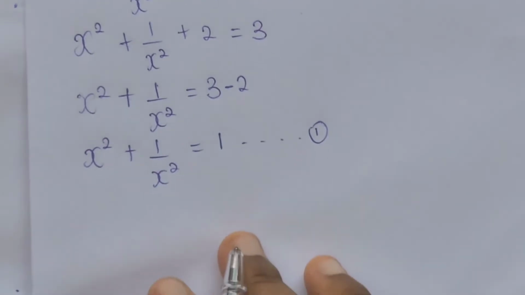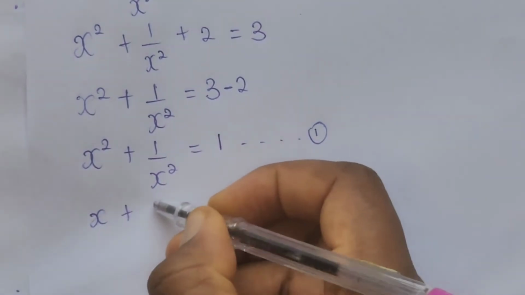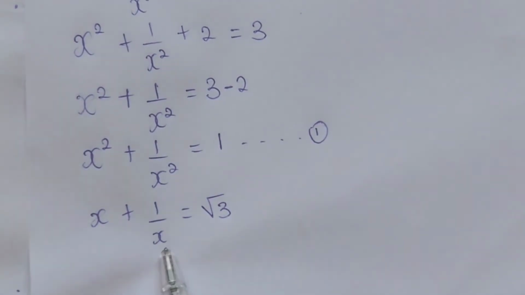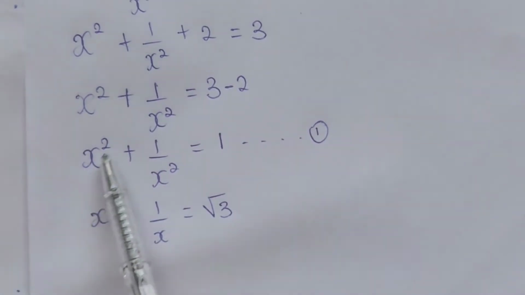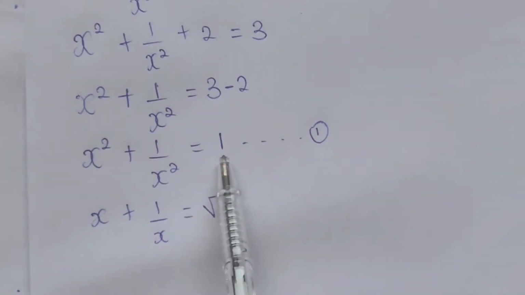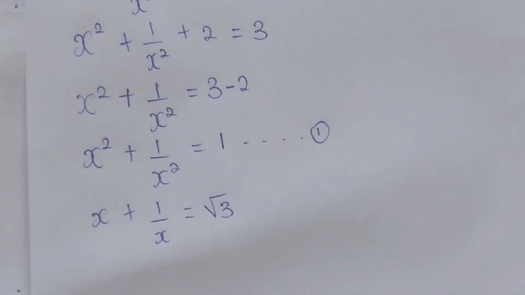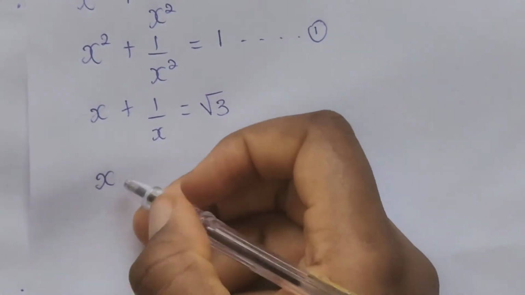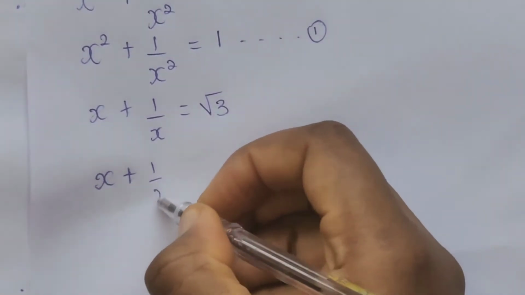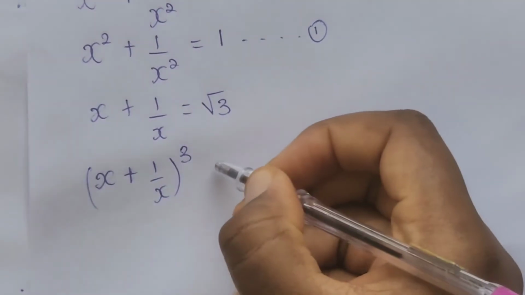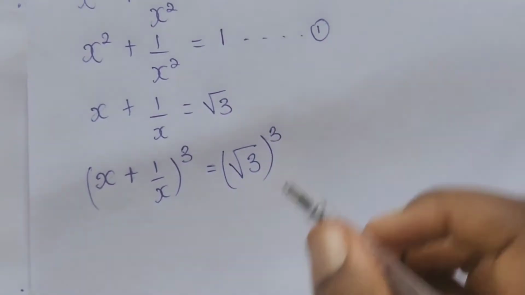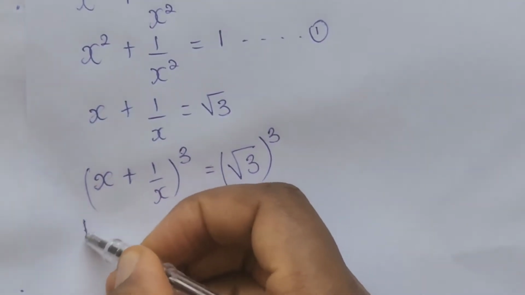Now let's recall that our x plus 1 over x is equal to root 3, and we have that x squared plus 1 over x squared is equal to 1. So we'll be resolving for x cubed. Let's know the value of x cubed plus 1 over x cubed. So we have x plus 1 over x to the power of 3 to be equal to root 3 to the power of 3. But let's recall,